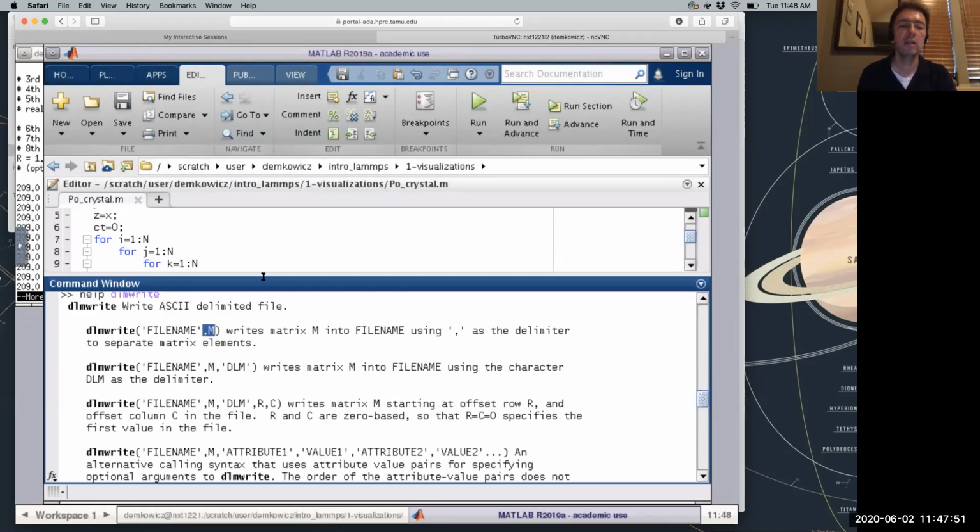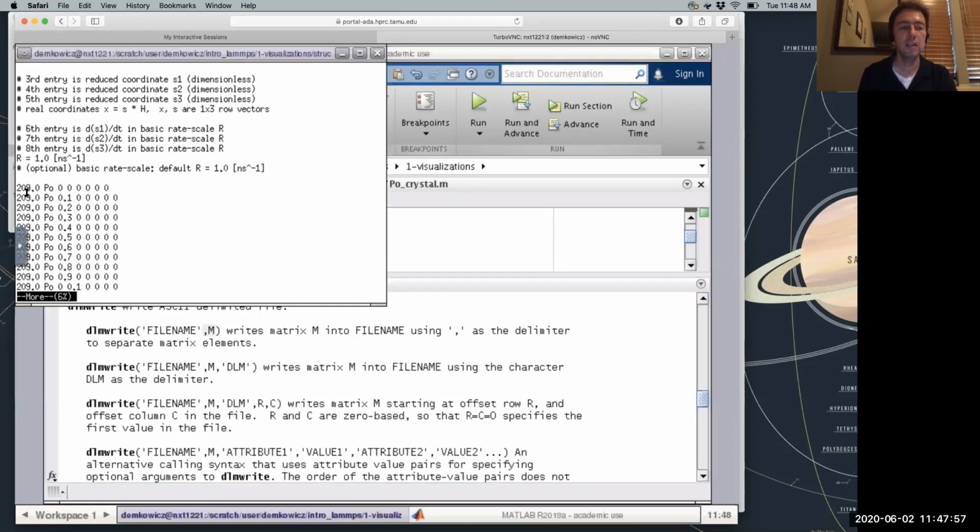So I'm going to give it an array of numbers to write out, which is going to contain all of my positions, all of my masses for polonium. It's also going to have zeros padded over here for the velocities. dlmwrite.